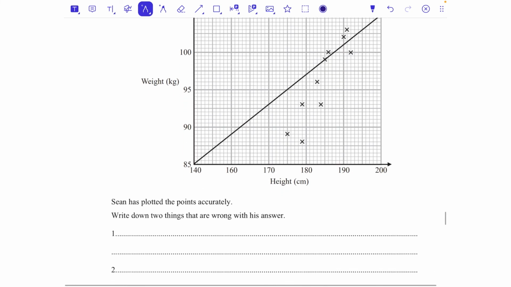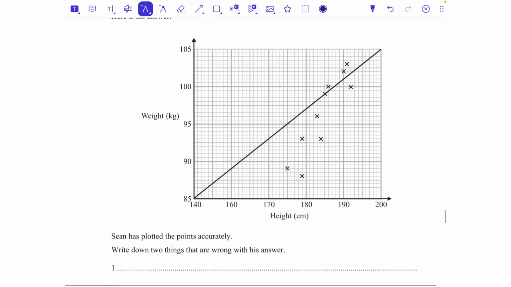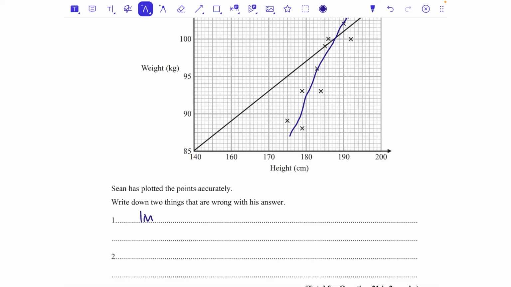Write down 2 things that are wrong with his answer. So what we need to make sure here is that with a line of best fit, it needs to best represent the data. So his line of best fit should be looking something like that between all of the coordinates, and it doesn't at the minute, does it? So that's no good. So we need to say line of best fit